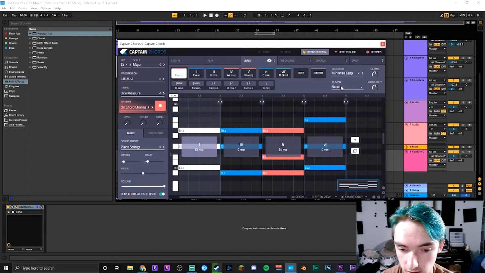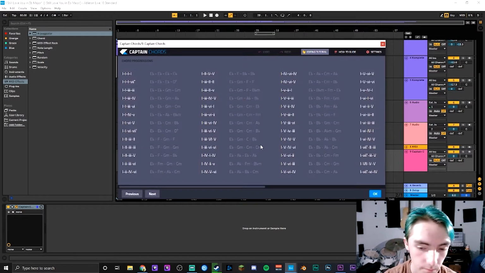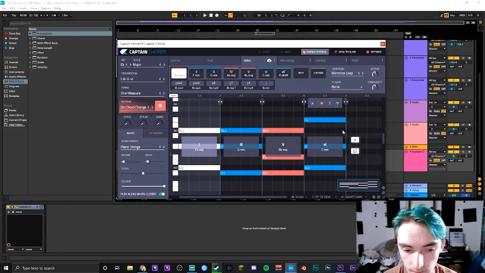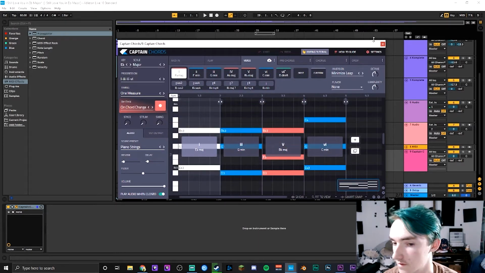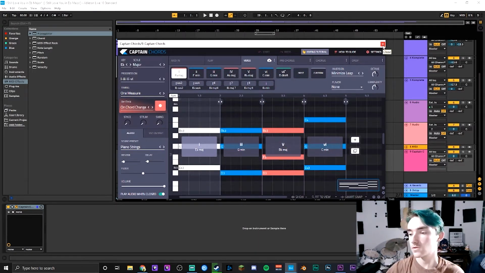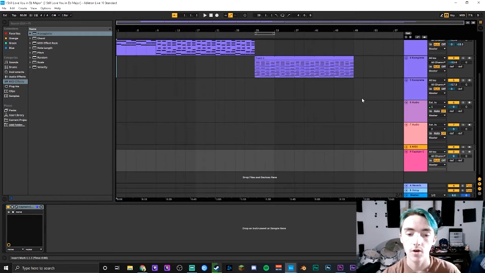And you can change the flavor, the inversion. There's a list of progressions that are already built. It's a great plugin, and I use that all the time, which goes perfectly into my first tip, which is